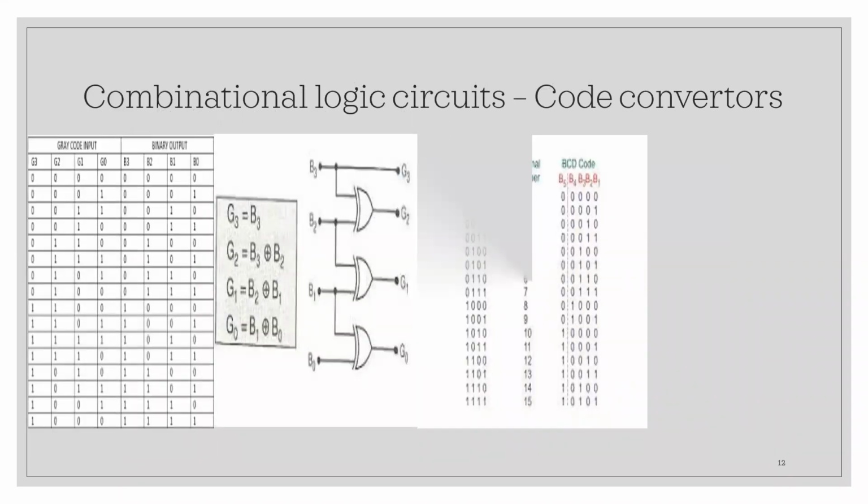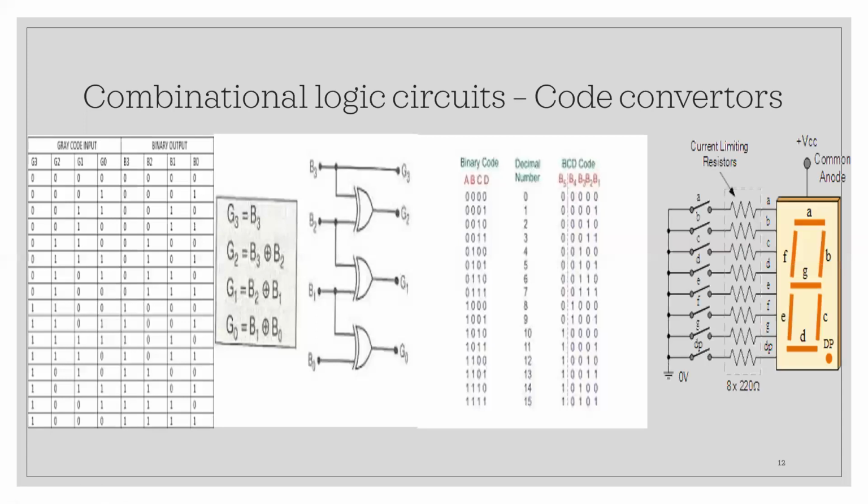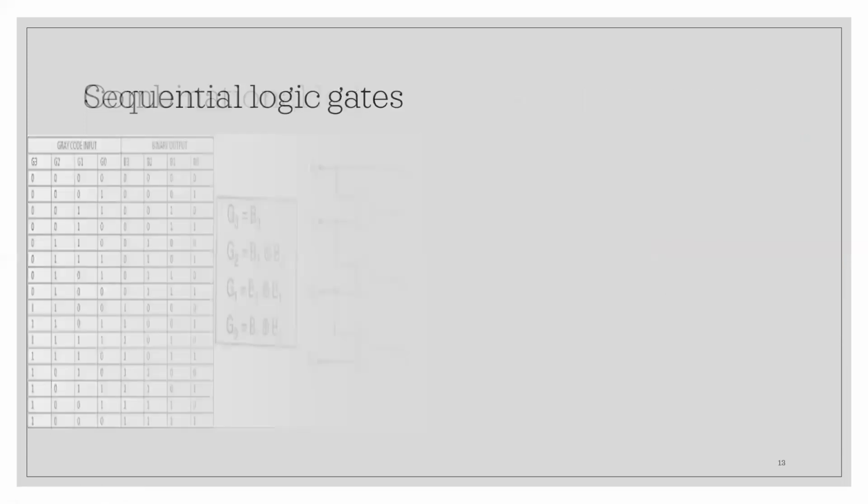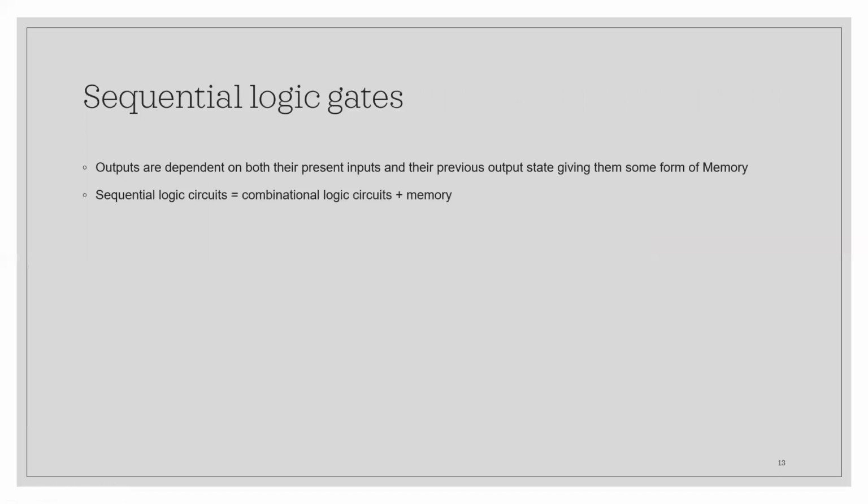Already you had gone through these things: conversion of gray to binary, binary to gray. Then how do you use K-map to obtain the expressions, when you're implementing it at the gate level, to implement the circuit or to write the program. Then what is meant by BCD and how it is converted. I hope you remember these things. I'm just showing it so that you will be prepared for the next class.